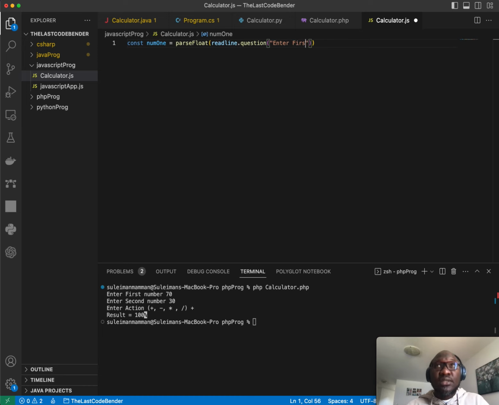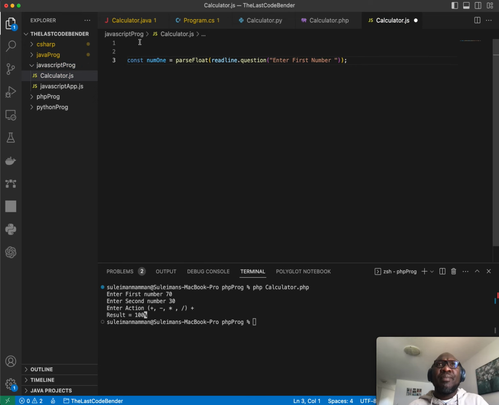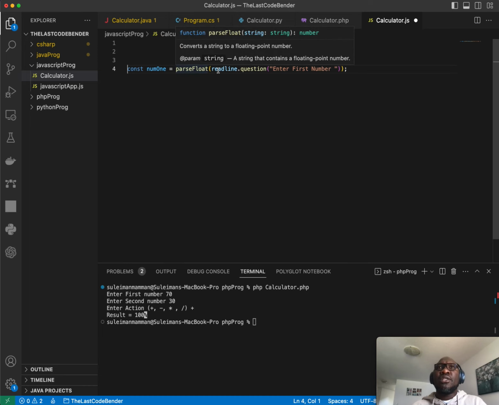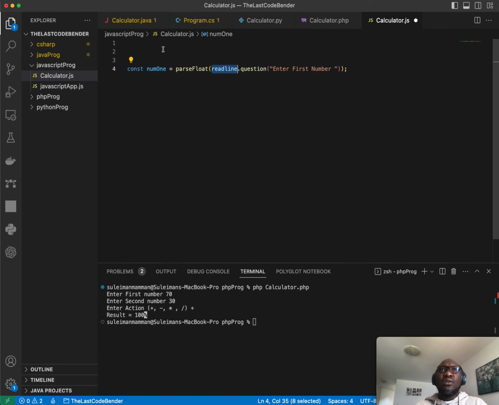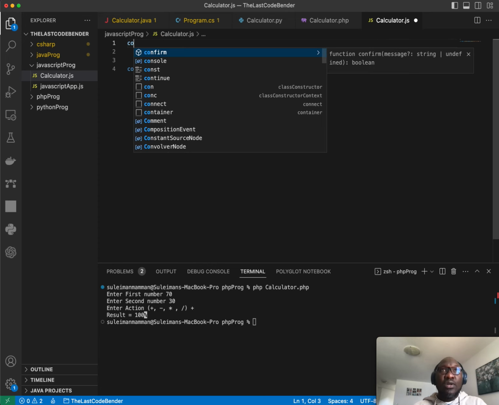Enter first number, like this. Enter first number. And I think in JavaScript we have to import a package. We have to use a package for this, readline. Okay, so we have to import this package, and for us to do that, I think we do const